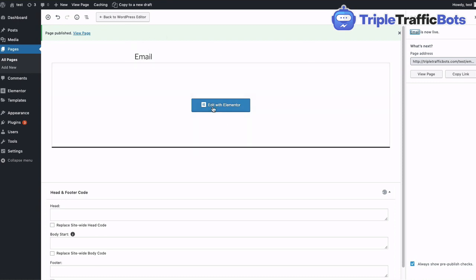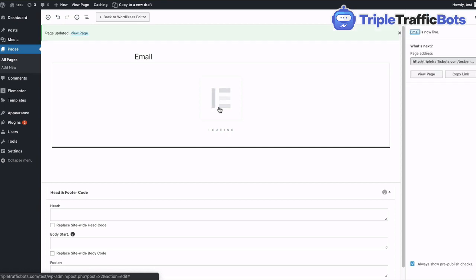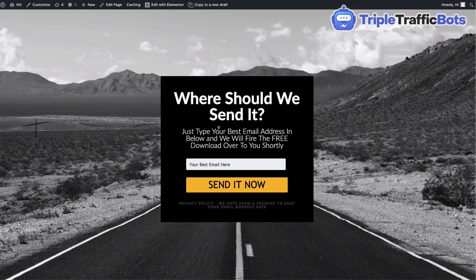So what I can do now is click on edit with Elementor. That's going to bring up the page so we can make a few minor changes. What you can see is at the moment we've got the exact page that we created for the first one, but we can go across and have a look at what we want it to look like. We want to have different information, and we want to have the email box there. So we'll go across to our page,